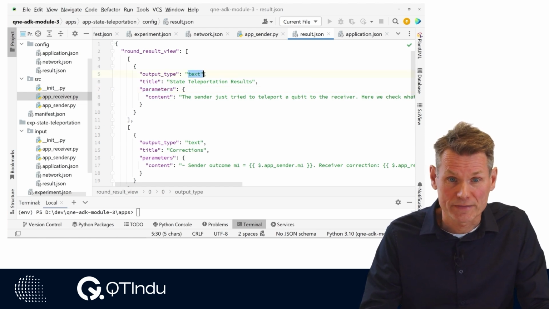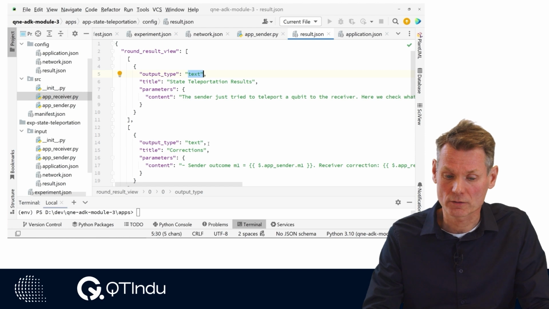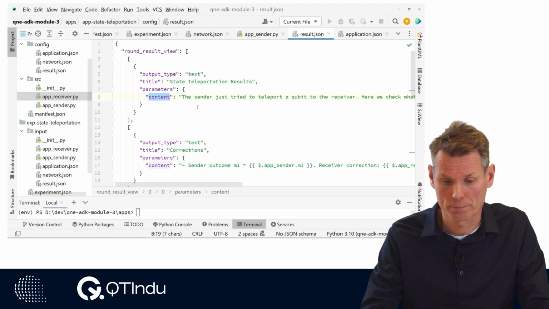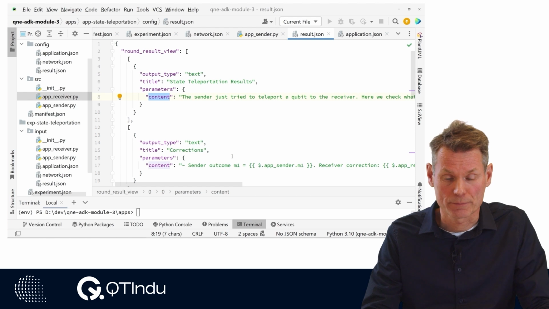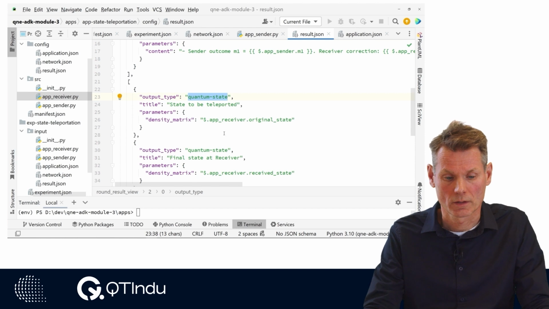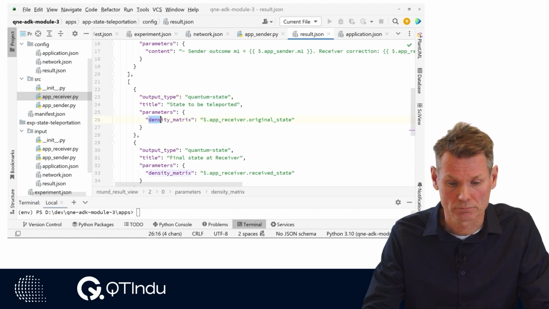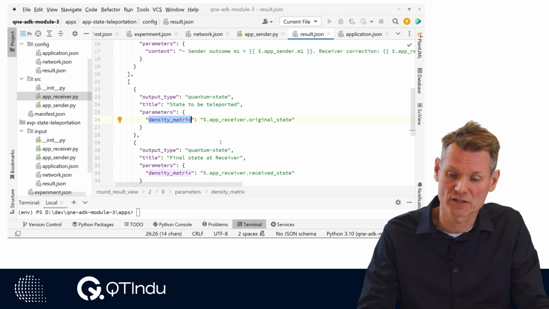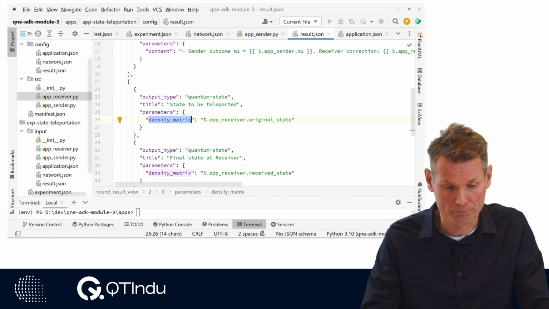For the output type text, the parameter content is expected. For the output type quantum state, a density matrix parameter is expected. All possible output types are described on the website.